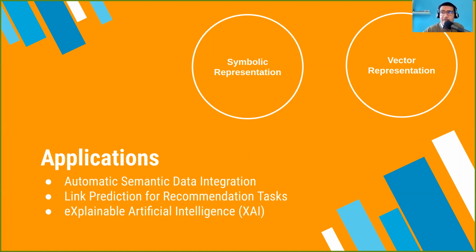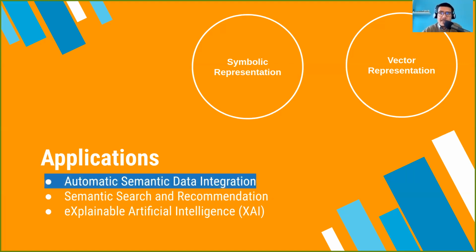We can see how these applications can be used for link prediction in order to address recommendation tasks. And we will see how this hybrid technology can be used for creating explainable artificial intelligence. The first two applications represent scenarios in which I developed some tools, while the last one is the result of some reflections on hybrid systems that involve both perspectives. So let's start with